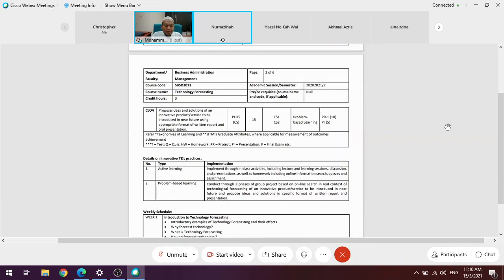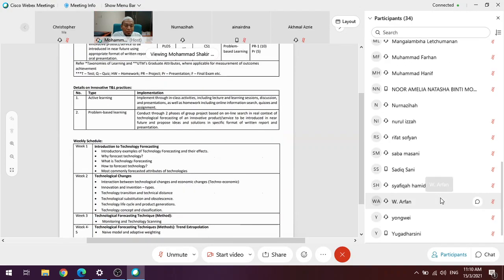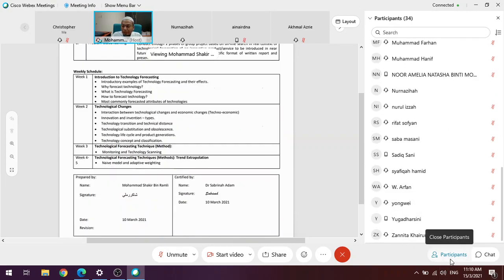You can read the detail course implementation, weekly schedule, and